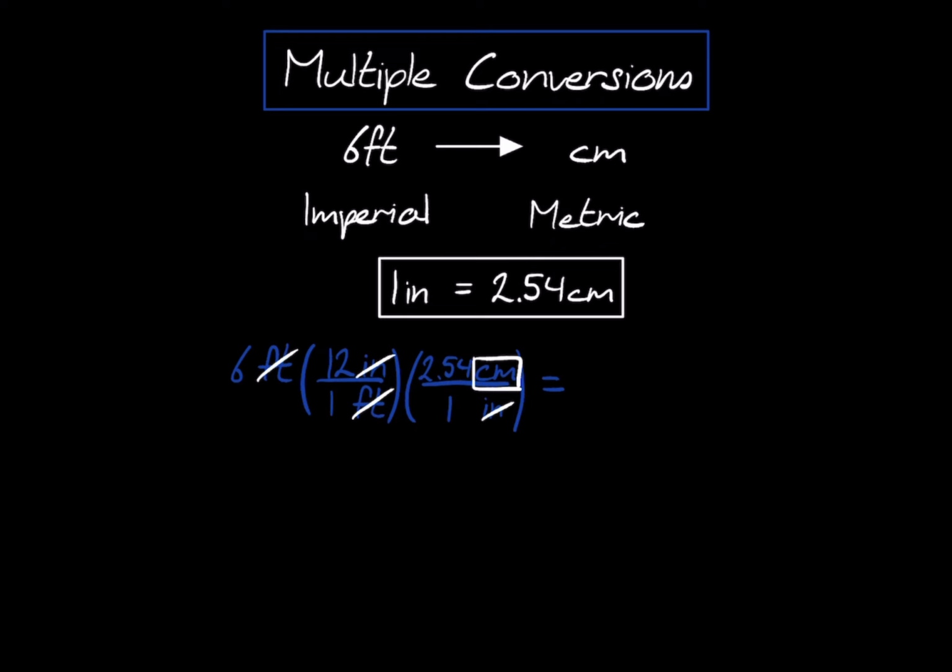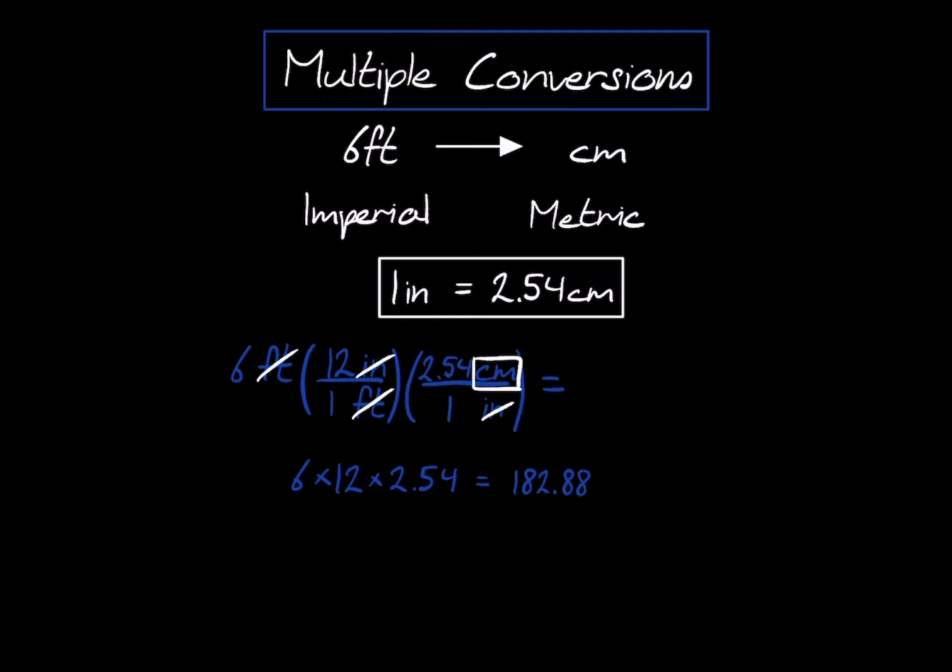Now all that's left to do is run this through your calculator, which you can either enter in like this, or to speed things up, you don't need to enter in the parentheses, and whenever there's a 1, you can skip that as well, because 1 times anything is itself. Although when dealing with exponents outside the parentheses, keep the parentheses, because it gets confusing if you remove them. I'll show you what I mean later. But for here, you can simply enter 6 times 12 times 2.54, and you would get the same answer as if you were to put in all the parentheses and the ones. And the answer you should get is